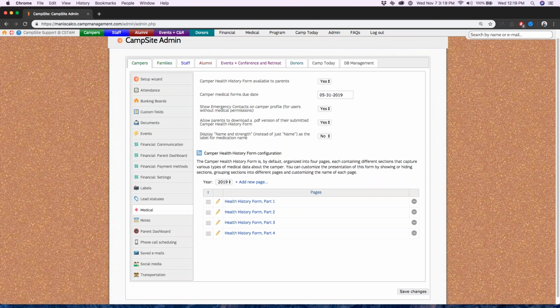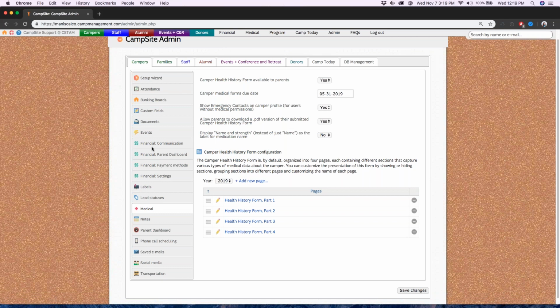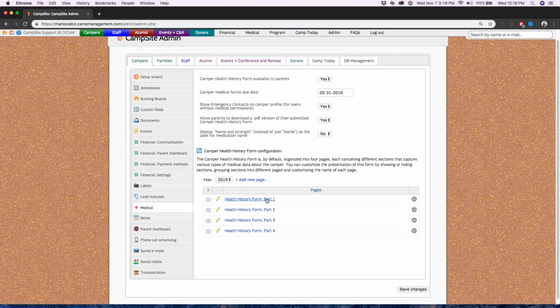And then lastly here, we have the camper health history form configuration section. So here is where you can customize parts 1 through 4 of your health history web form. Again, by default, the camper health history form is organized into these 4 pages like we just saw. Each part contains different sections that ask those pre-written medical questions that we saw as well. You can customize this form by showing or hiding certain sections, rearranging the sections in pages, and even changing the